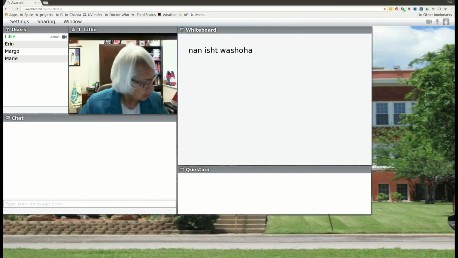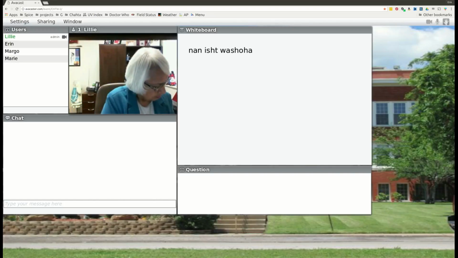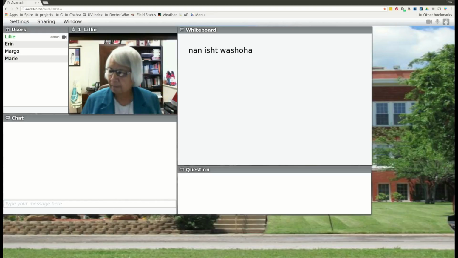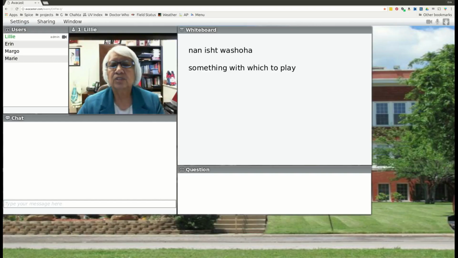Okay, here we have the word nana beginning this little phrase. Nana. This would be the literal translation for non-ishtwashoha. Non-ishtwashoha. It does not mean